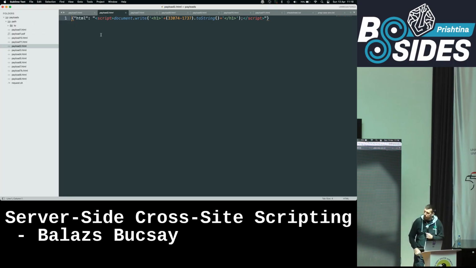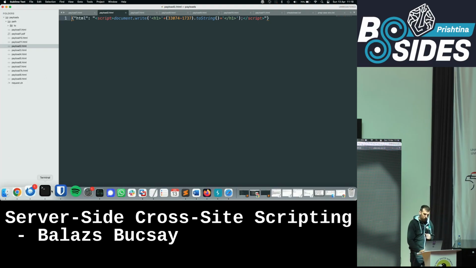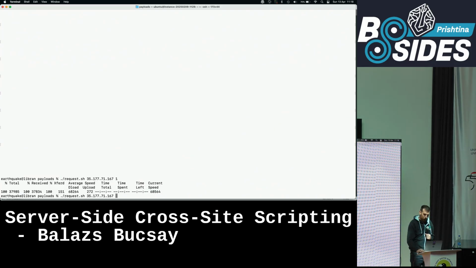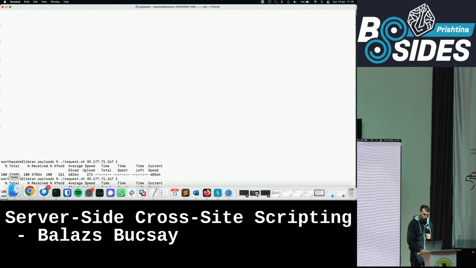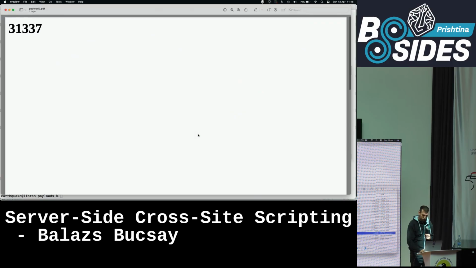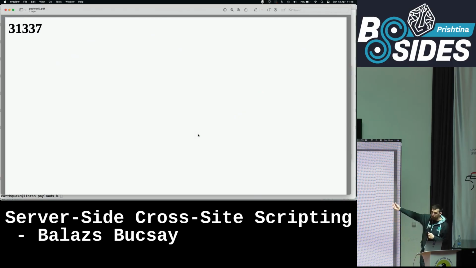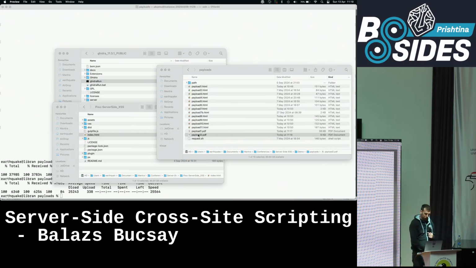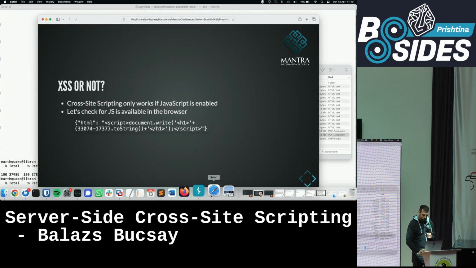Payload 2. So you might see this. It's a script, a JavaScript where we write some content into the website. It's going to be a number. And if you execute it and you see the number, you can be sure that JavaScript is running in the browser, so it's not disabled. So let's say payload 2, and that's the number, right? That's basically what we expected. So now we know that it has external internet connection, and it runs JavaScript as well. So let's see the